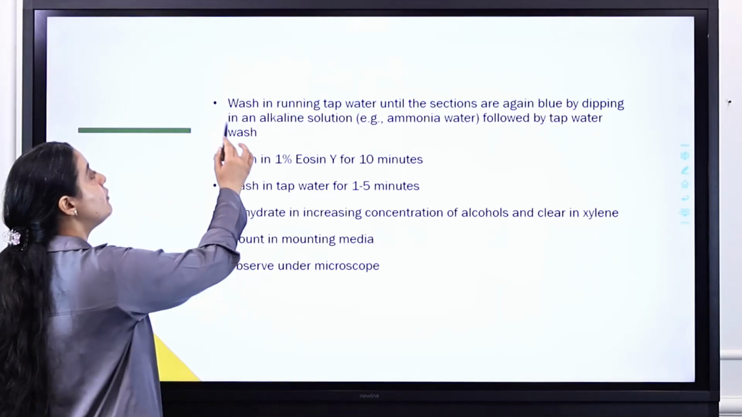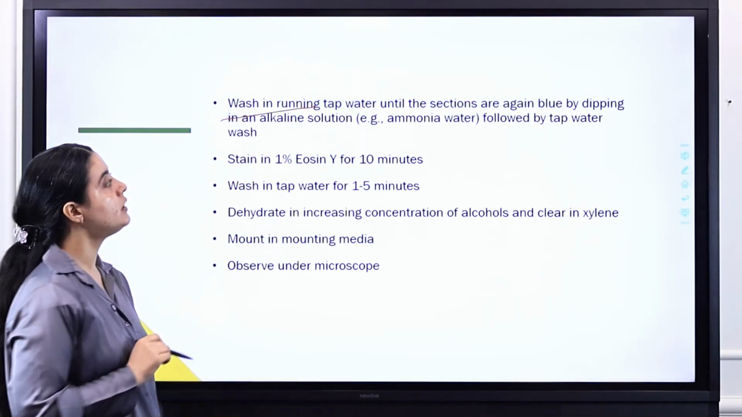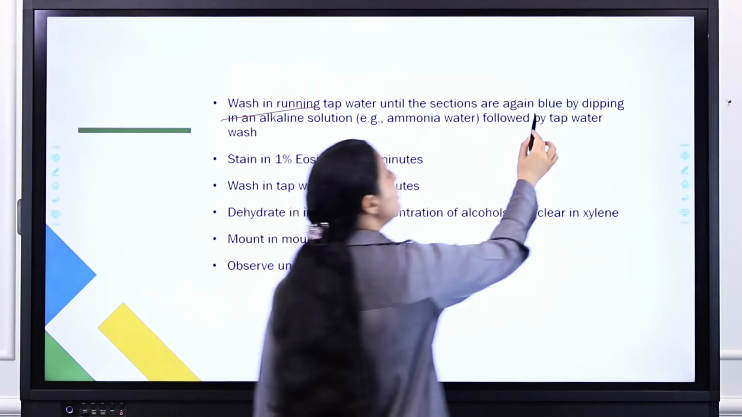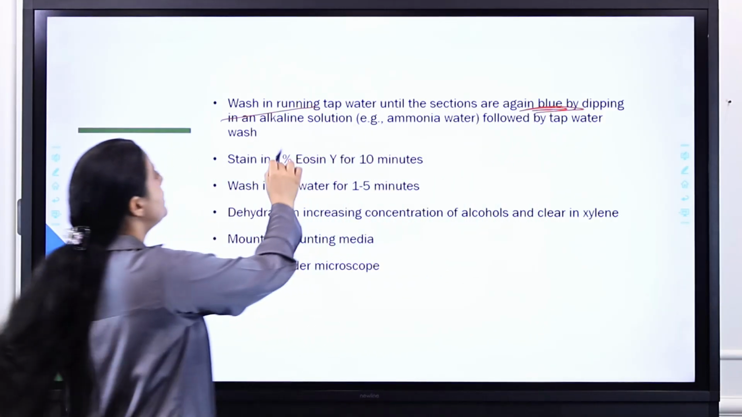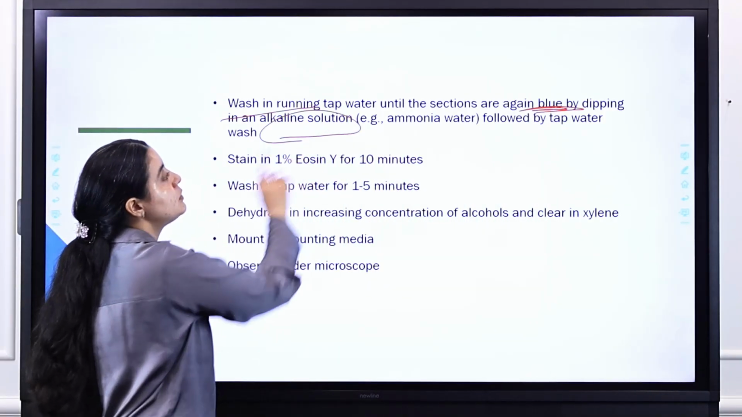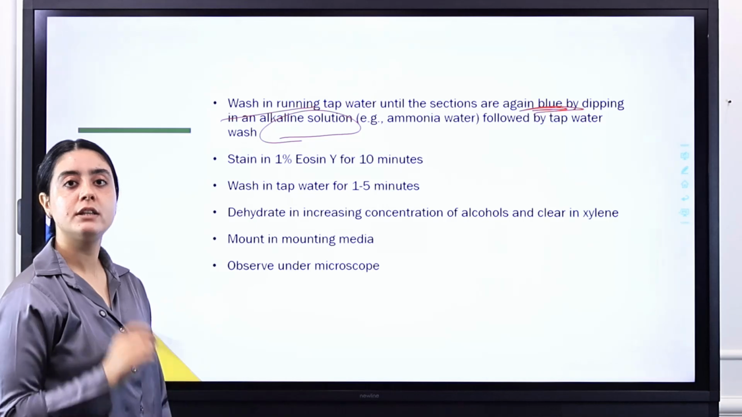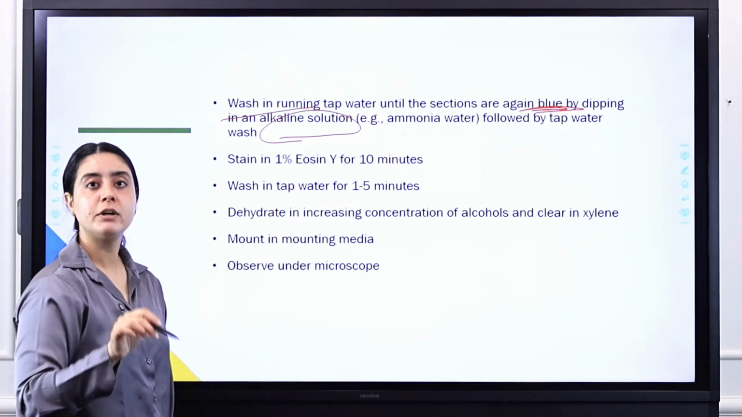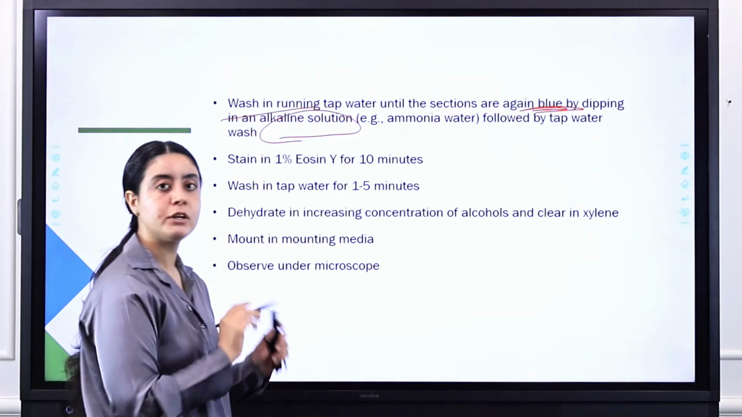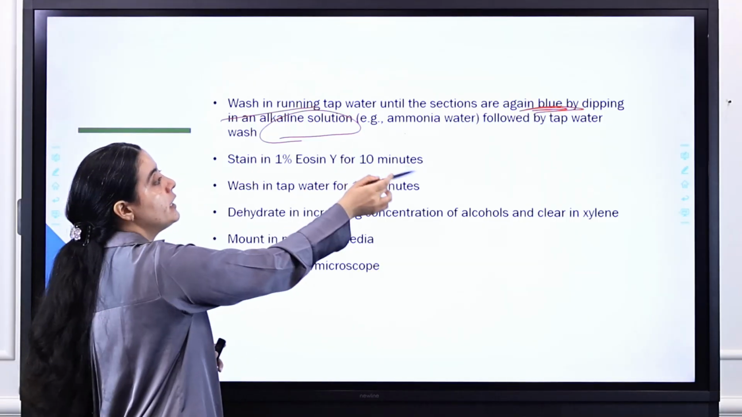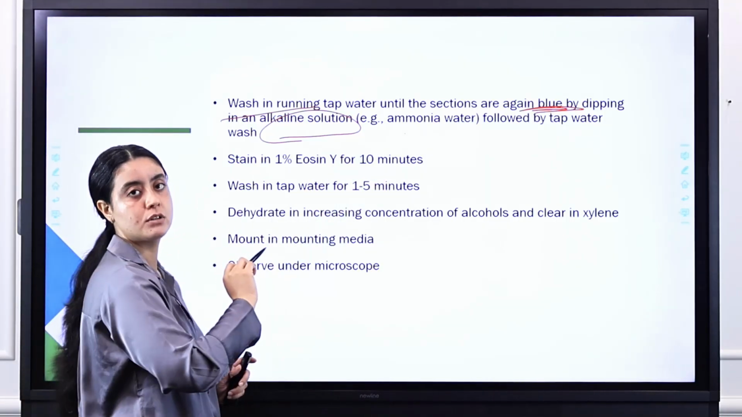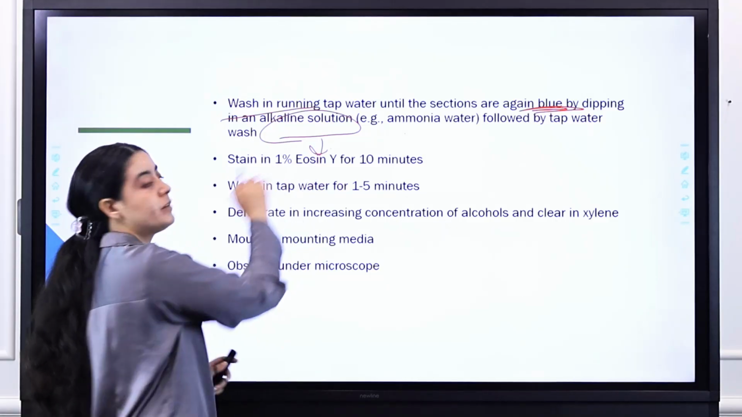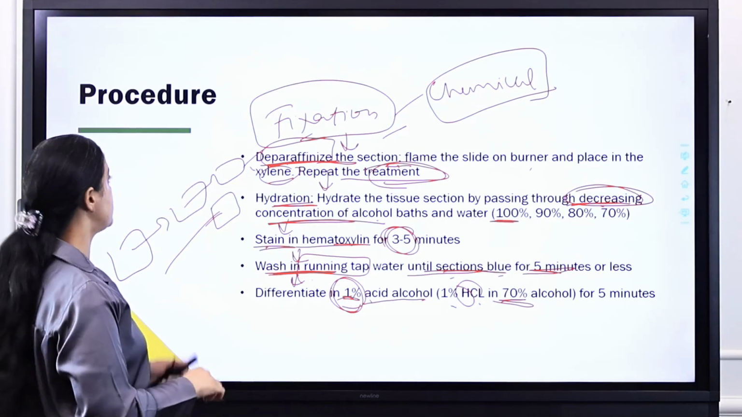Then again we will wash our slides in running tap water until the sections are blue again, by dipping in an alkaline solution. The alkaline solution will be ammonia water. First we dip it in the ammonia water so that the environment becomes alkaline, followed by the tap water wash. Then we will proceed